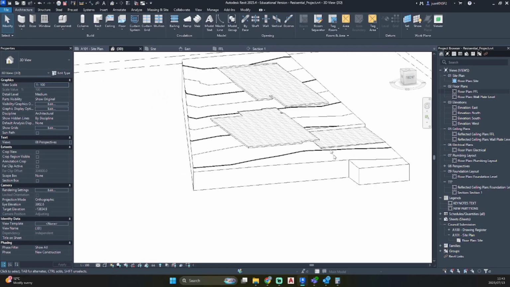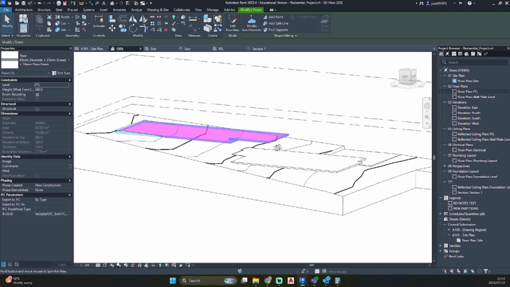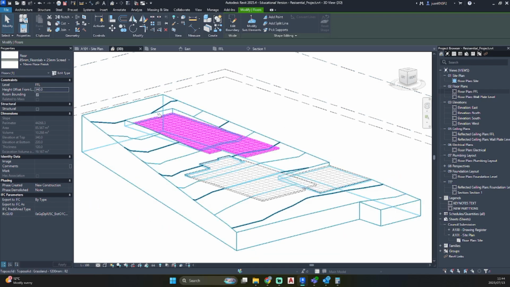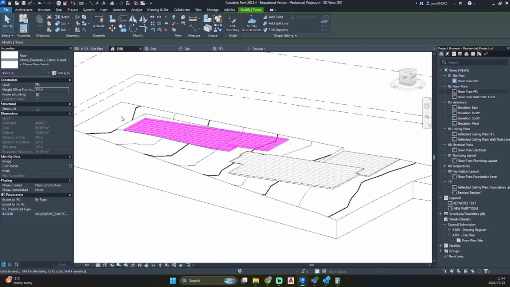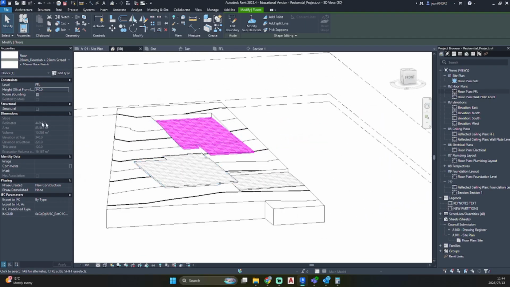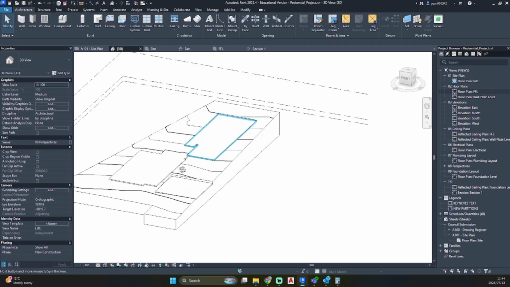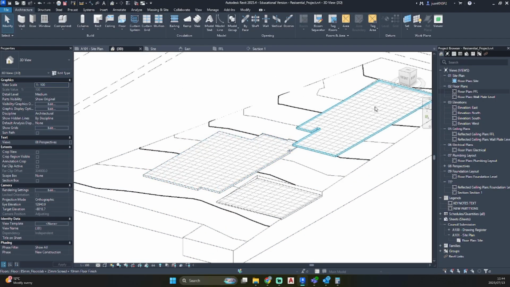So now, if we decide we don't want this at that height anymore, we can move this down to 340, and the site would automatically update, taking into account the excavation that needs to happen. So let's put this back on 680. And there we have our 3 areas where we will be working on.